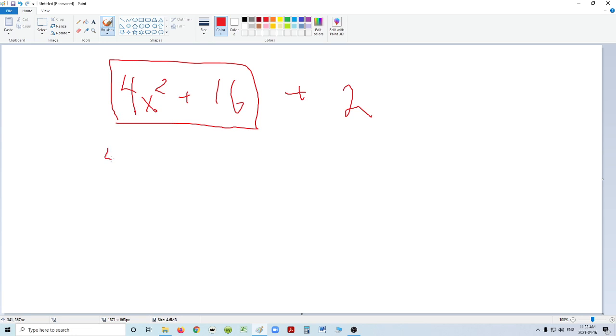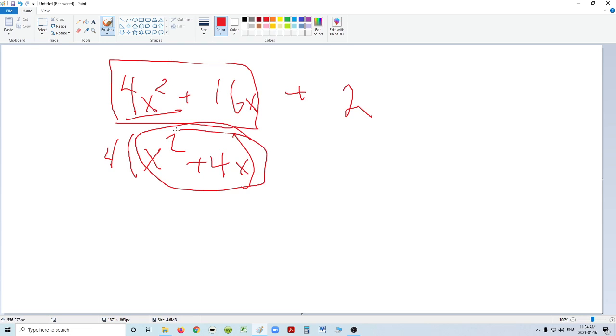So I'm going to factor out 4 from both these terms. Factoring out just means I'm dividing both these terms by the number I'm factoring out and putting those in brackets. So what's 4x squared divided by 4? It's x squared. That's what we're aiming for. Plus 16 divided by 4, it's plus 4. So right there, by factoring out a 4, I have discovered